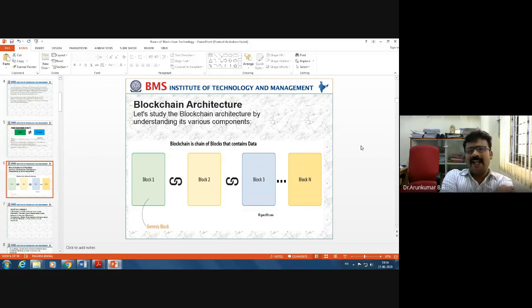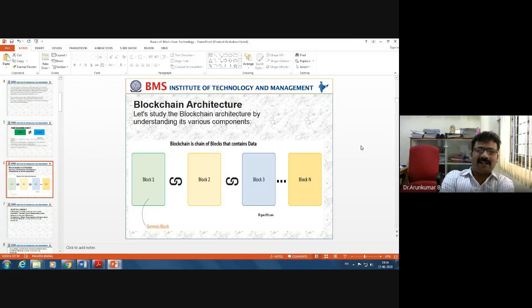Now let us come to the blockchain architecture. Let us study the blockchain architecture by looking at this block diagram. Blockchain, as we have said, is a chain of blocks that contains data or information, and the data contained in every block depends on the type of application for which you are implementing the blockchain.